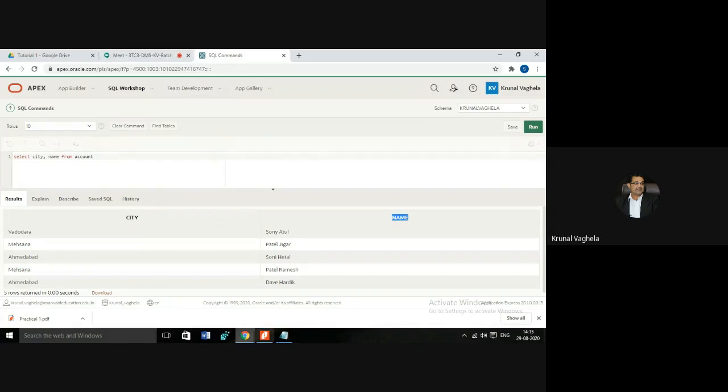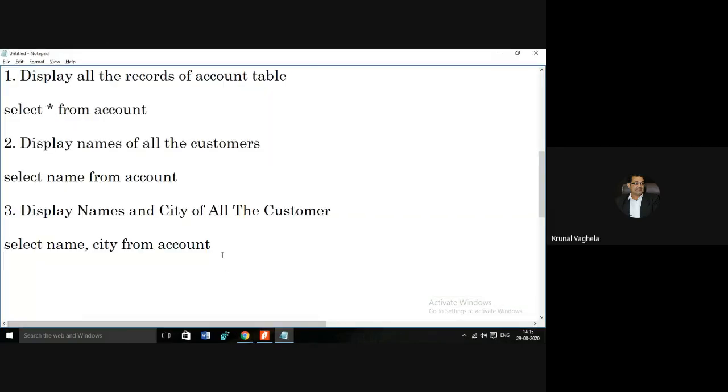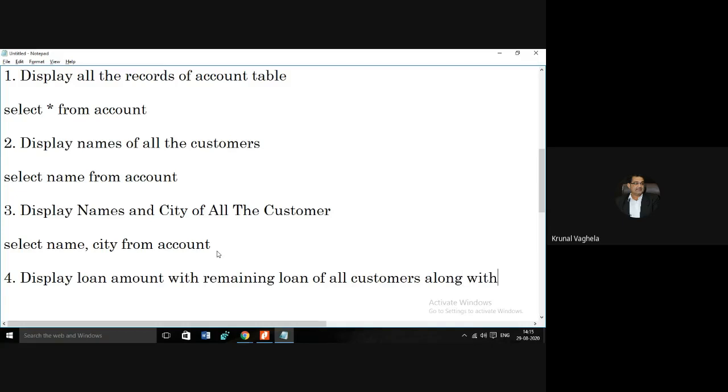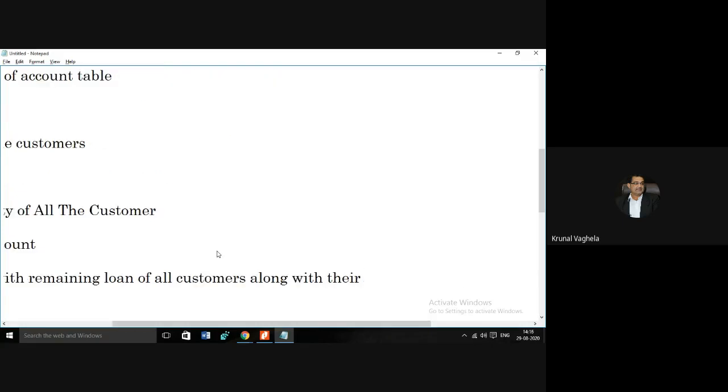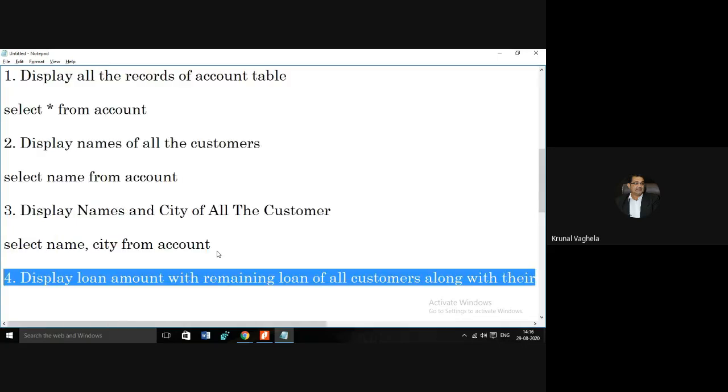Clear everyone? One more for you all. Display loan amount with remaining loan of all customers along with their loan number.